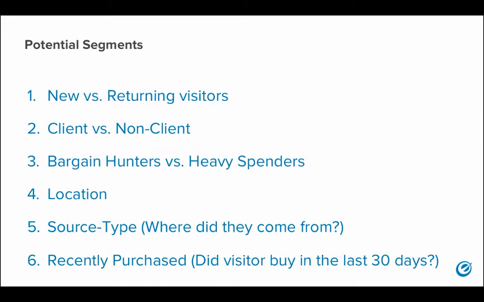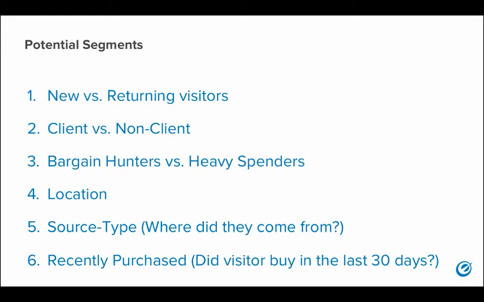So let's just go over what are potential segments. When you have a website and you have somebody that's new coming to your website versus somebody that's returning, you could probably serve different experiences to each one of these groups. For example, somebody that's new, you might want to get them an offer so that they stick with your website. However, somebody that's returning, you will want to show similar products to what they've been looking at before, because these appeal to them. This is something that they've already searched with you.